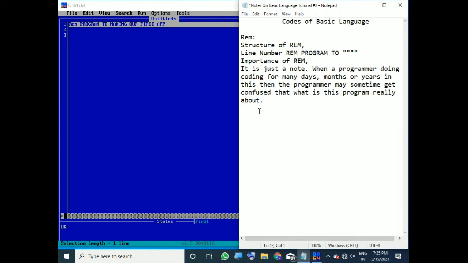Okay, so let's move on to our next topic, which is let. So what is the let topic? Okay, sorry, what I'm typing. So let. Let is, let's write here in brackets to help us understand, the remark statement. Remark statement is rem, and let is what statement? Let's write, let is an assignment statement.